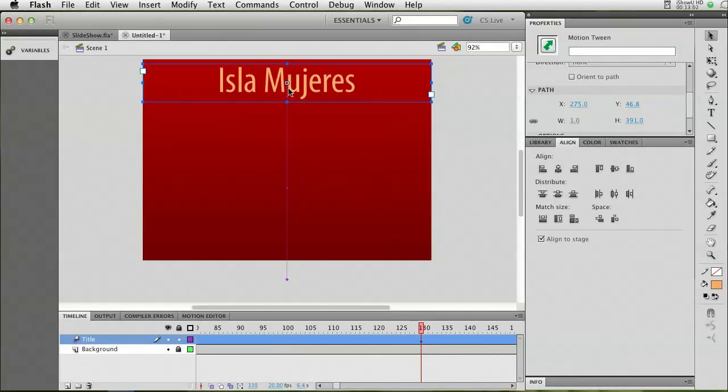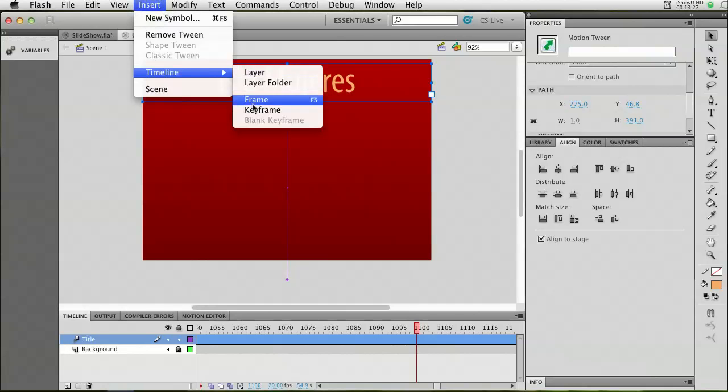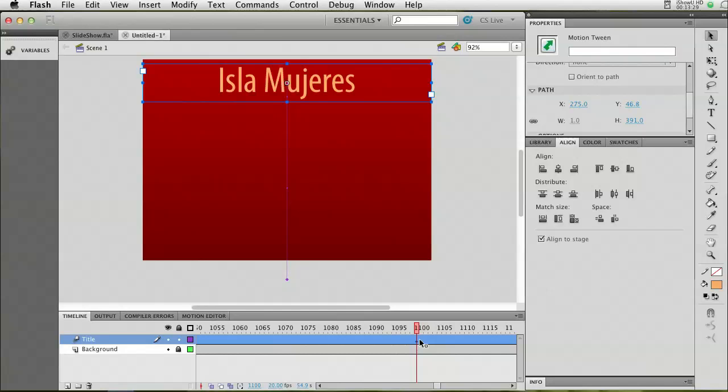Now I want it to stay there for the entire duration until almost to the very end, and at the very end I want to start moving it down again about 100 frames before my movie ends. So we're ending at 1200. At 1100 I'm going to insert a frame. I select the frame at position 1100, insert timeline keyframe to again fix the current position in place, and then I can insert another keyframe on the last frame